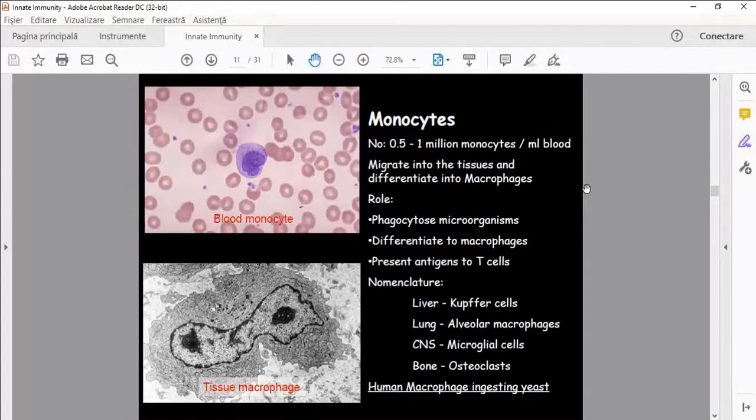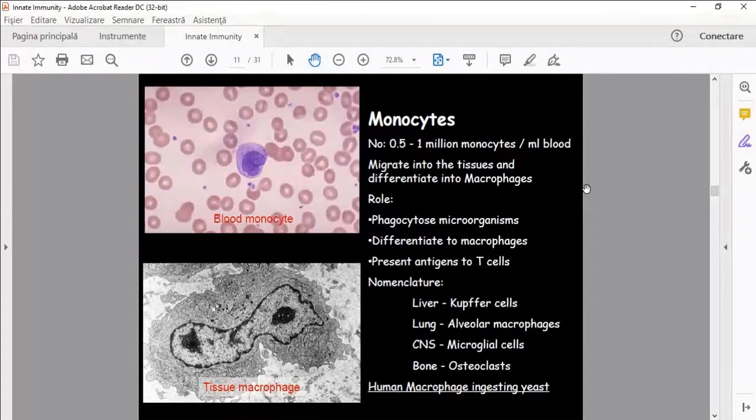Let's talk about some types of pathogen recognition receptors. On the other hand, we have these receptors which are able to recognize these PAMPs. There are mainly four types of pathogen recognition receptors. The largest one is toll-like receptors, which can be